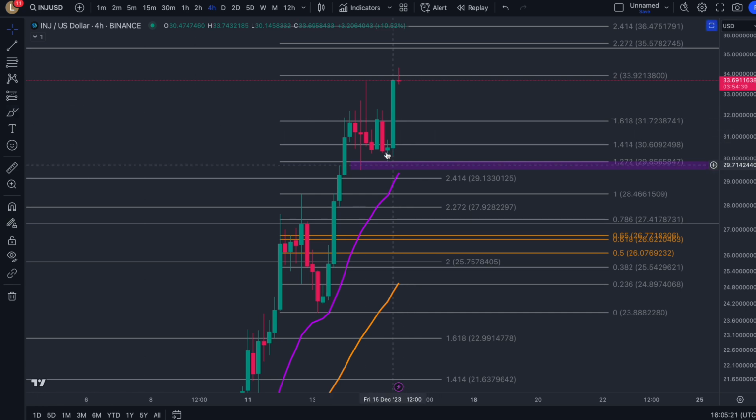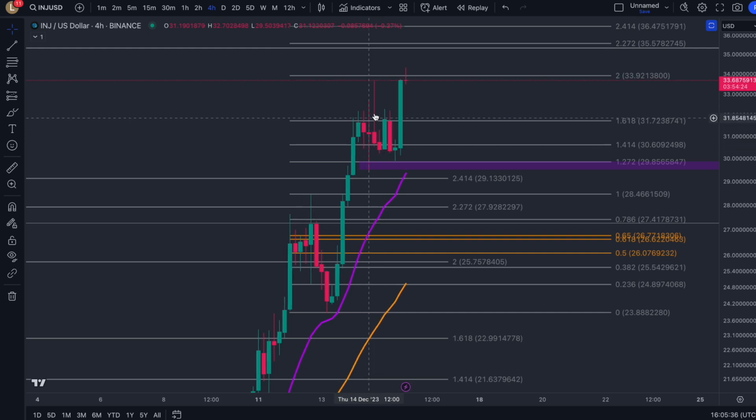What we're seeing right now is after yesterday's little bit of a dump. I think when I was making the video, we were somewhere over here, big green candle, but I was suggesting that, as we previously got these wick rejections, even though it was green at that time, I was saying, look, guys, there's a lot of the day left. We probably might get a reversal. And then this is the point of support that we need to hold, the 1272 down to that wick. And then we came all the way back down to the 1272 at 29.85 cent and then completely reversed